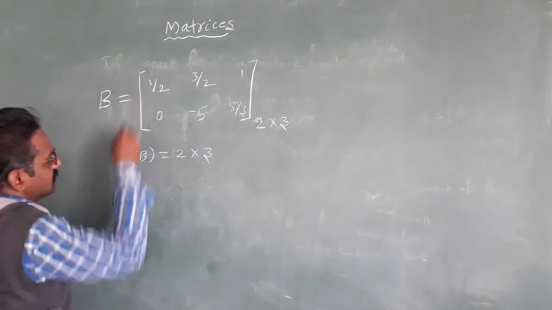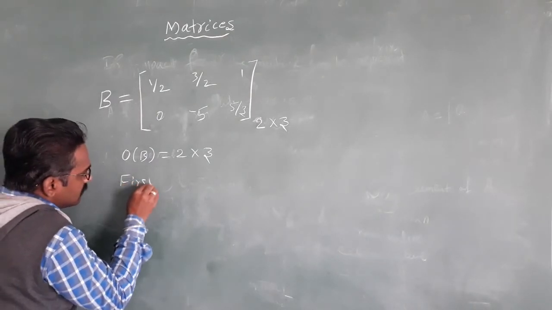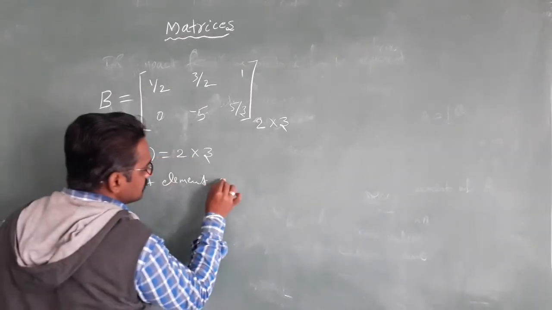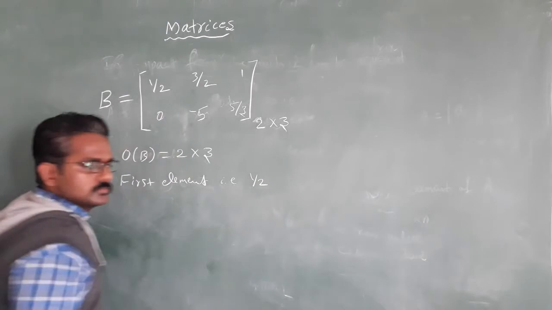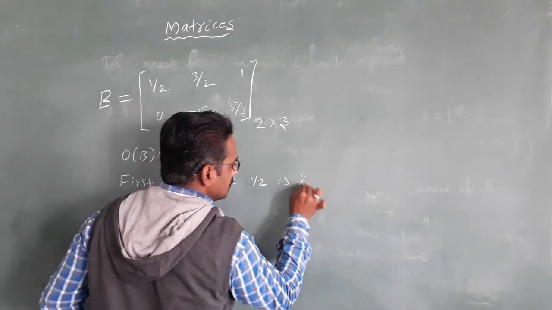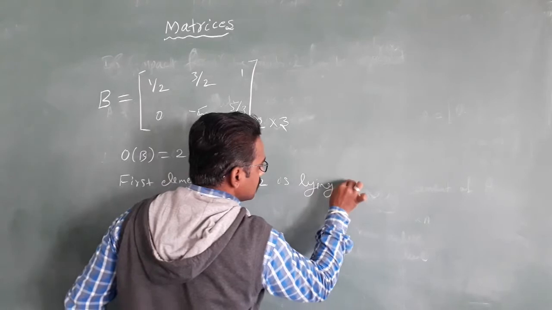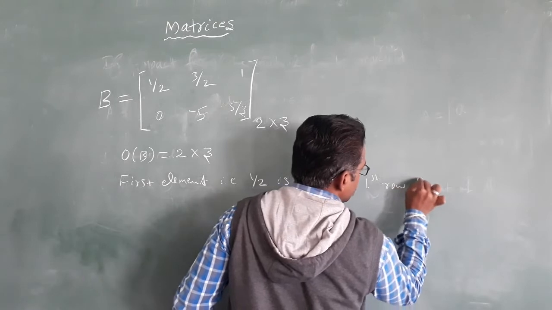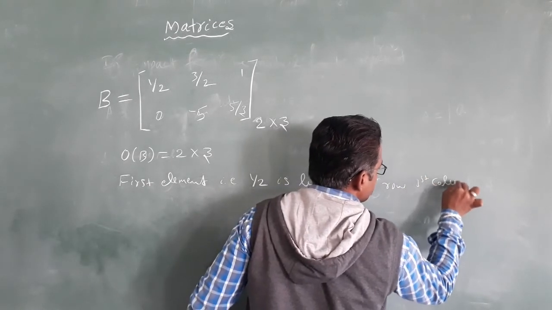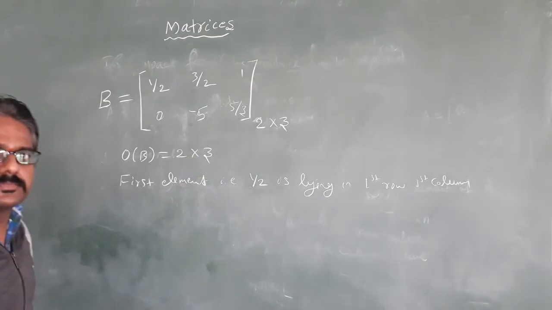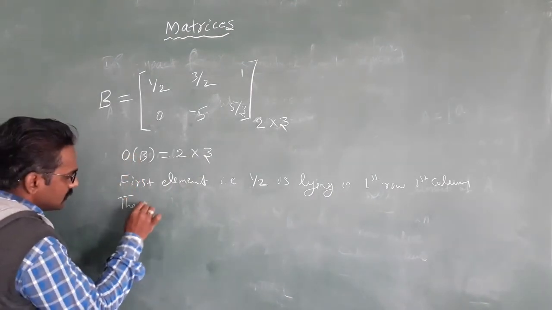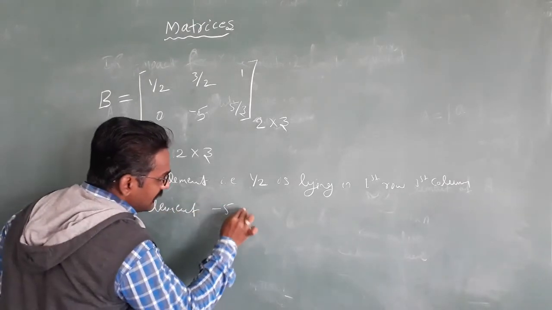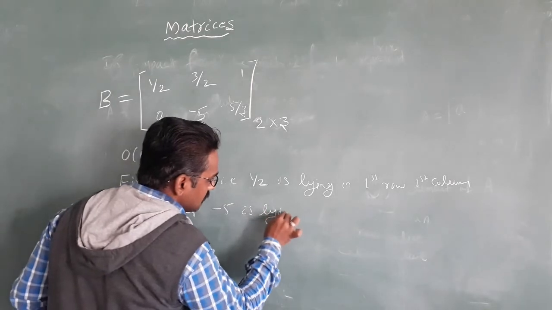So the first element, that is 1 by 2, is lying in the first row, first column, and the element minus 5 is lying in